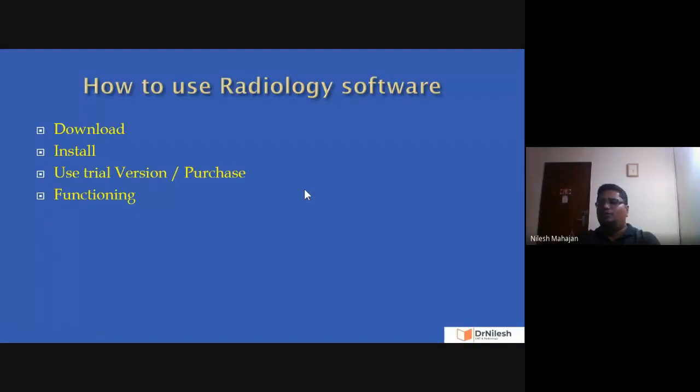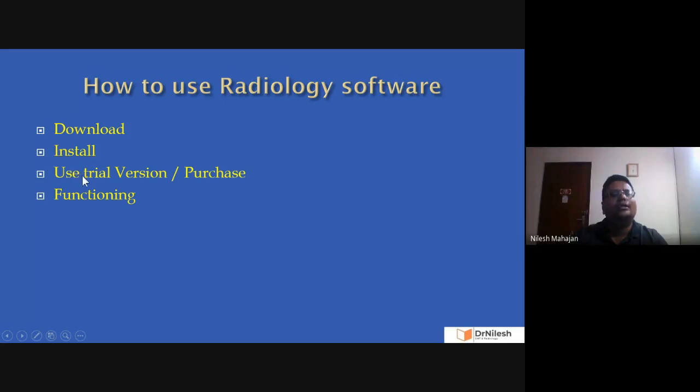So I told you, you should know how to use the radiology softwares. As I have given a long lecture series, I would like to mention a few things about the radiology softwares also, because this should not happen again. If you don't know how to use the radiology software, then again you may not be able to see the CD. So what you have to do is download the radiology softwares. As I told you, OsiriX is a paid version. Horos you can download on Apple MacBooks free of cost. Radiant DICOM viewer you can get for a trial period, or you can purchase it. It is not that costly.